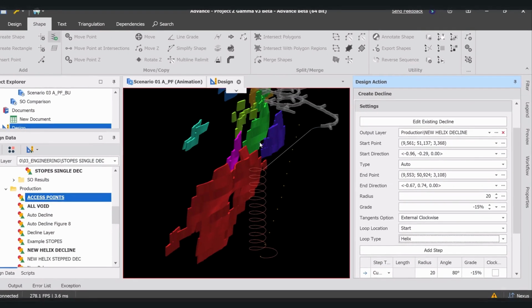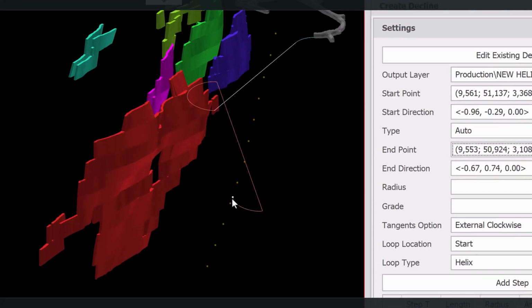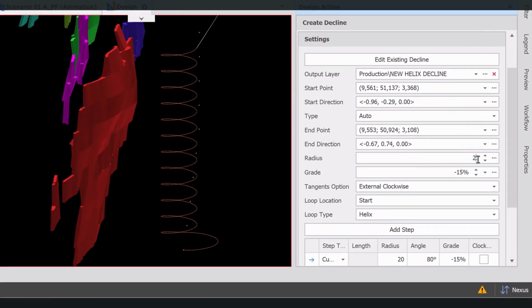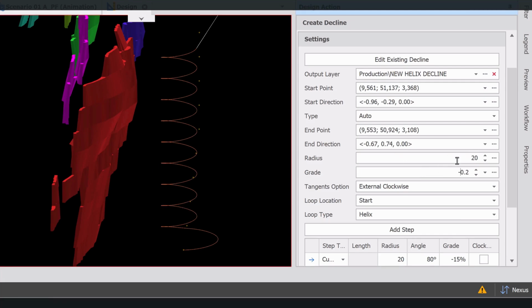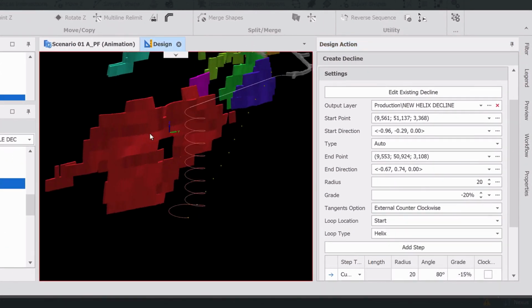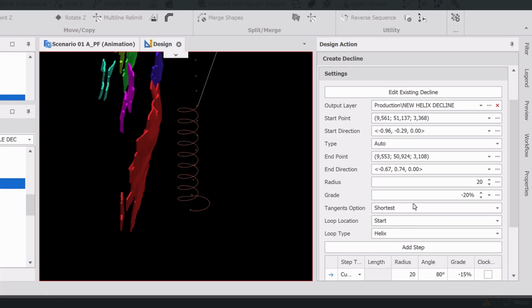In this example, I'll select a helix configuration rather than a figure eight, and then interactively define where we want the spiral to finish. The software then uses your defined radius, gradient constraints, and tangent directions to dynamically generate and preview the decline. So we also have multiple options available, including external clockwise, external counterclockwise, or shortest path, depending on